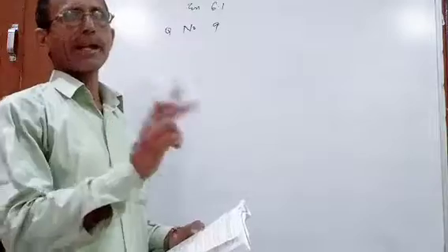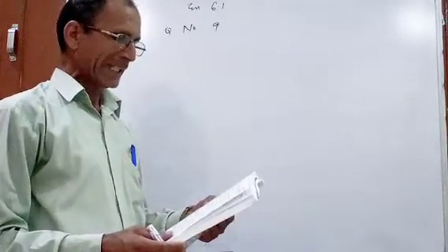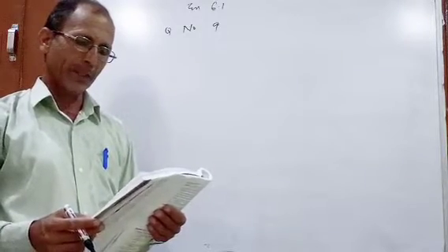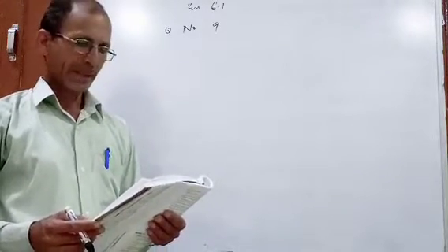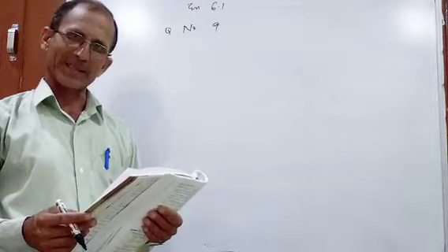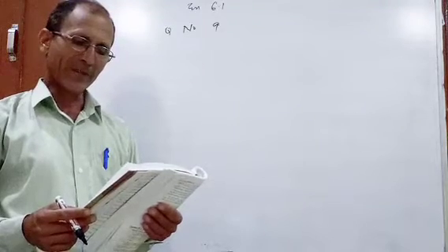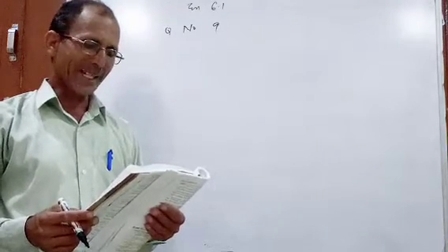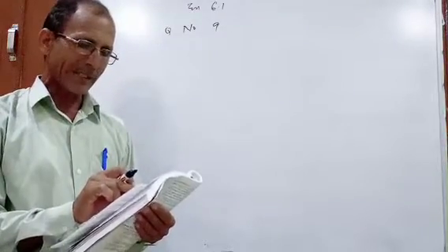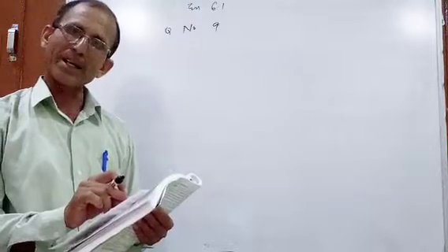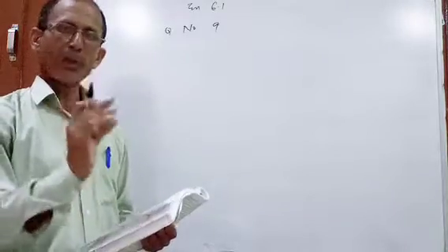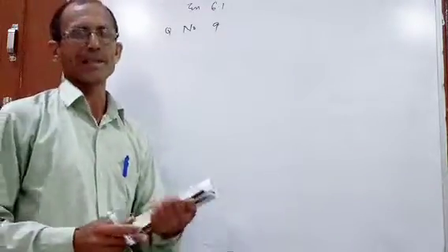Okay. So now exercise 6.1, question number 9. What is the statement? Ajay gets 20% less marks than Vatsal's marks. By what percent are Vatsal's marks more than Ajay's marks? Try to understand the statement. Ajay gets 20% less marks than Vatsal's marks. So can I assume Vatsal's marks? Yes. So I will assume Vatsal's marks.